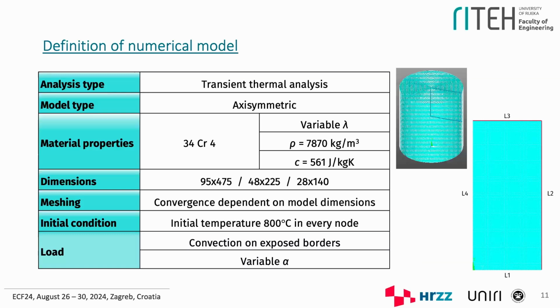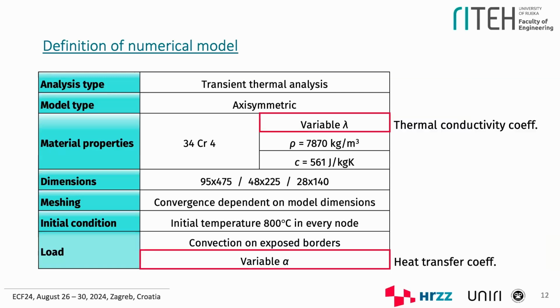Now we come to defining the load. As this is a thermal analysis, the load here is actually convection on exposed borders. Since we're modeling only this part of the sample, the convection is applied to the red borders, and convection is described by